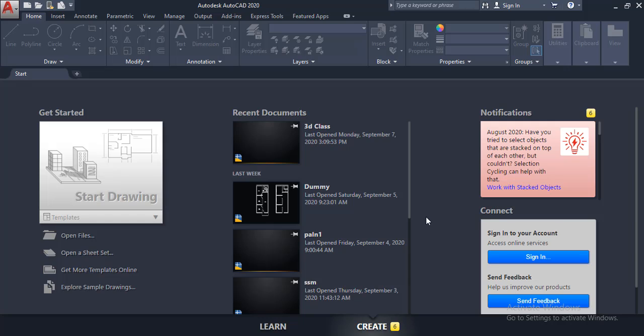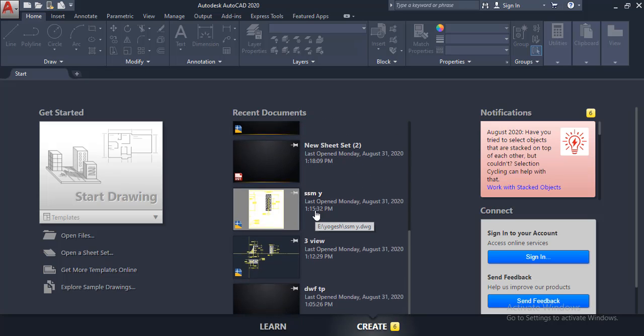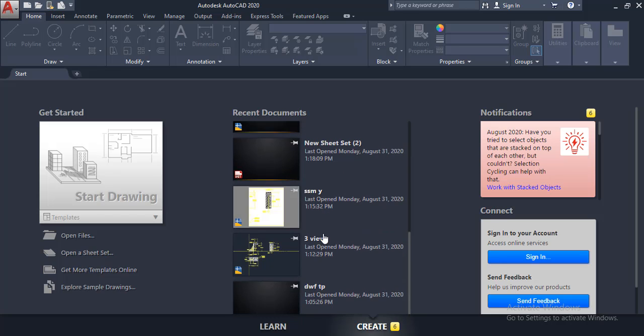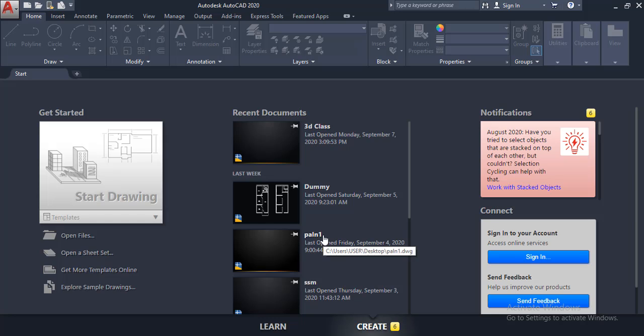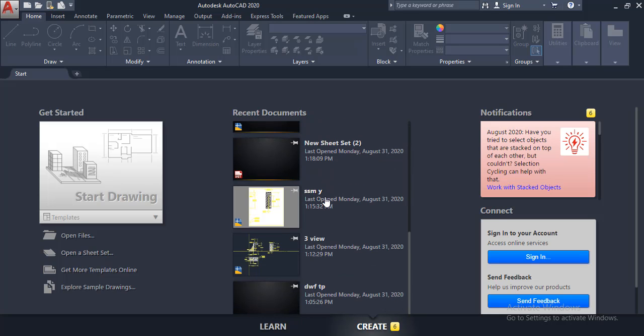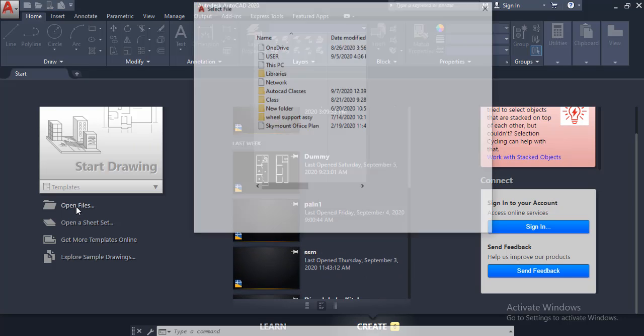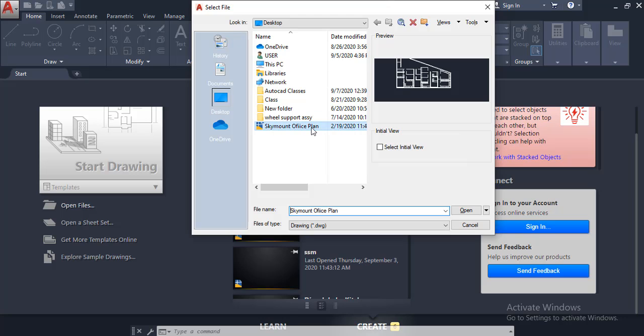Once the software gets open, we get a welcome note. In this welcome note, you get a few of your recent documents. Recent documents are the files which you have already worked with. So a few of your documents will be visible here. If you want to use those files, you can just click on that file, and directly the file will get open. If it is a very old file and you want to open it again, I need to click here on open file, go to the folder where I have saved my file, and click on open. The file will get open here.